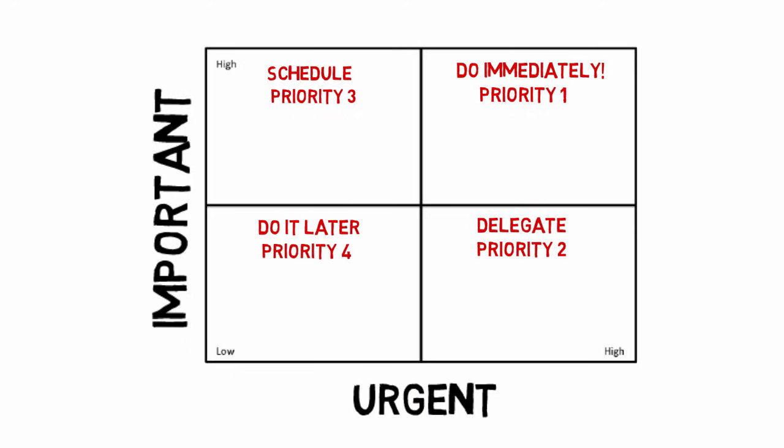Note, the priorities 1 through 4 are not part of the original model. They are something we have added to help discuss using the model. Now, let's fill in a few hypothetical tasks so we can visualize how the matrix is supposed to work, and then we can discuss the main limitation of the model.